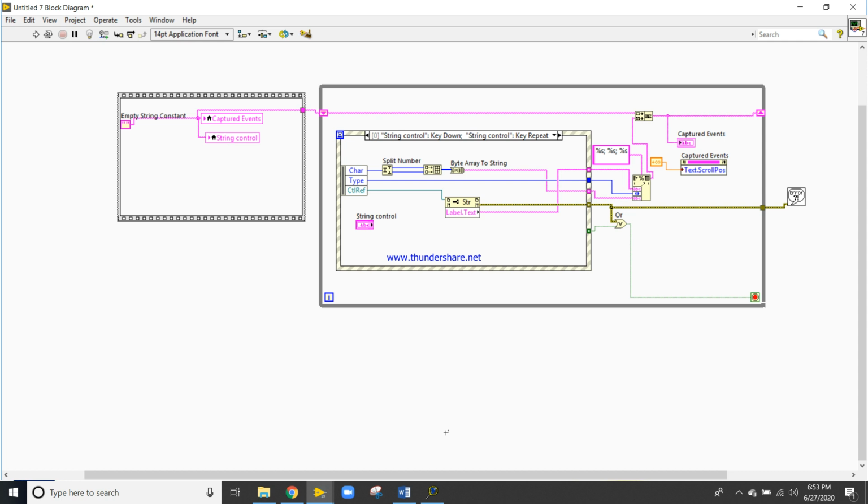By using this program, you can configure it to execute different types of events which will occur by using the front panel. When an event occurs, the capture event string updates with the information about the specific event that has fired. Okay, so please try to design this program and try to learn more about the event structure.